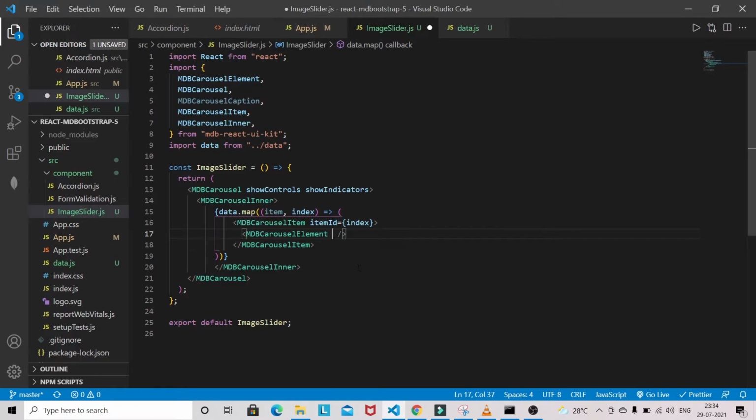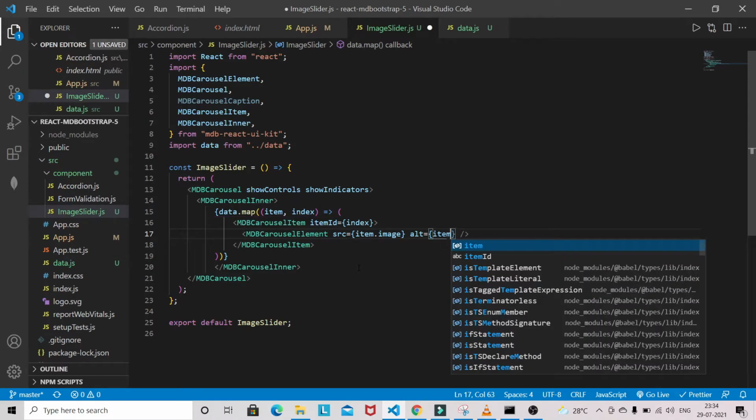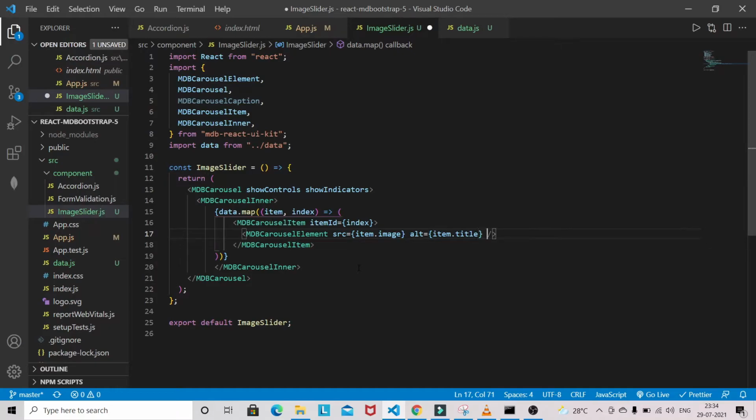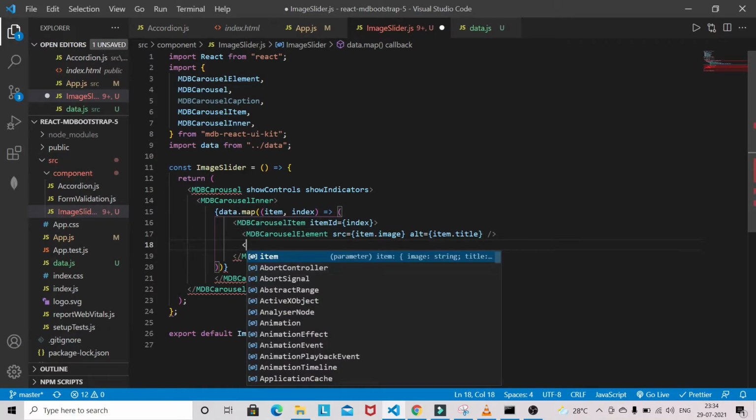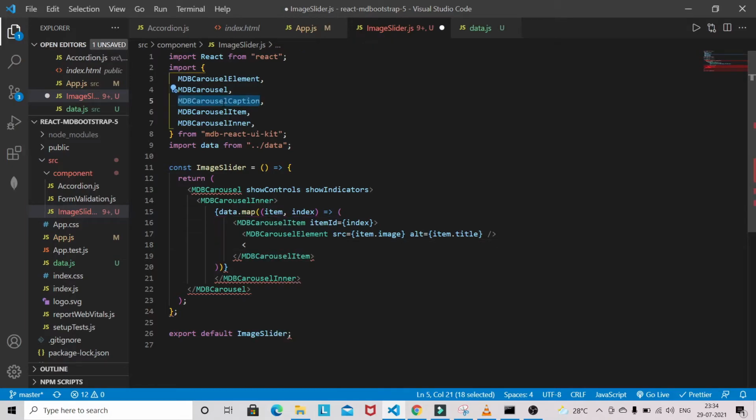Inside that, we need to provide the source here. So src is item dot image, and if there is no image we can provide the alt, item dot title. And we can have one more tag, the MDBCarouselCaption.